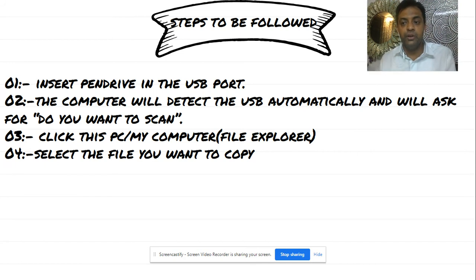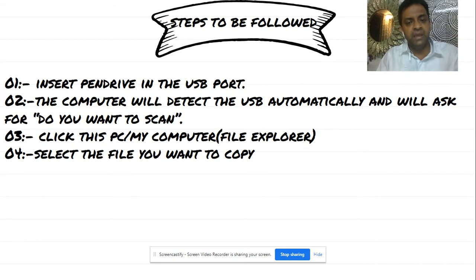You are aware what you mean by drive? Yesterday or in the last presentations, we have seen what you mean by drive. You remember I have shown two drives, a C drive and a D drive, and an arrow moving. So they are my drives. Suppose the data is present in C drive, so I'll go to C drive. I'll select the file that I require to copy. I'm going to show this thing in the presentation part.